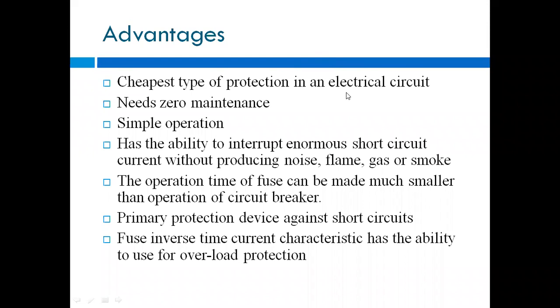No maintenance is required for that. For example, if we take the relay, then there is a current transformer, then a circuit breaker, and a relay coil. For all these, maintenance is required, but for this fuse, no maintenance is required.